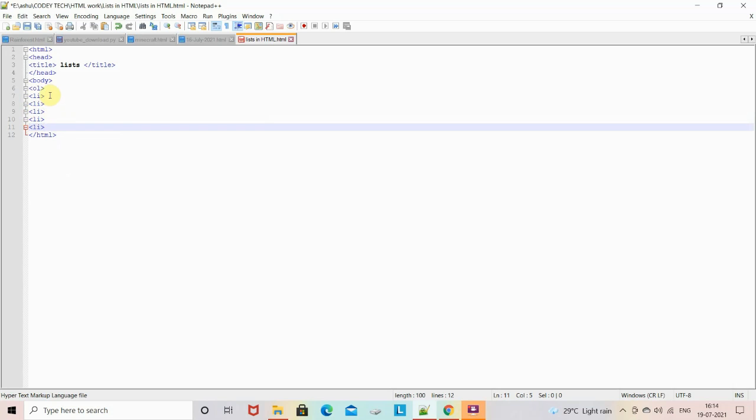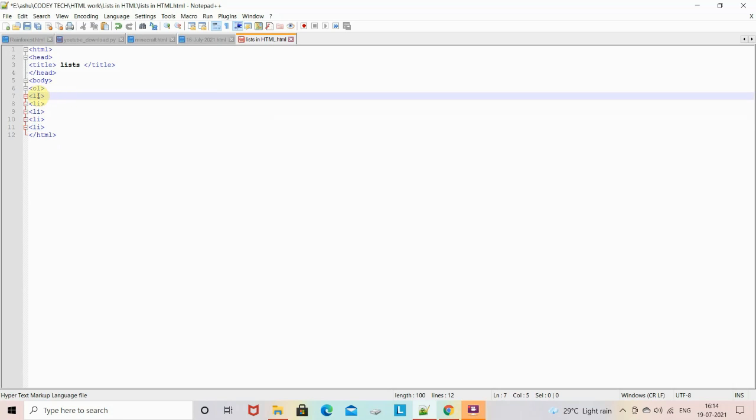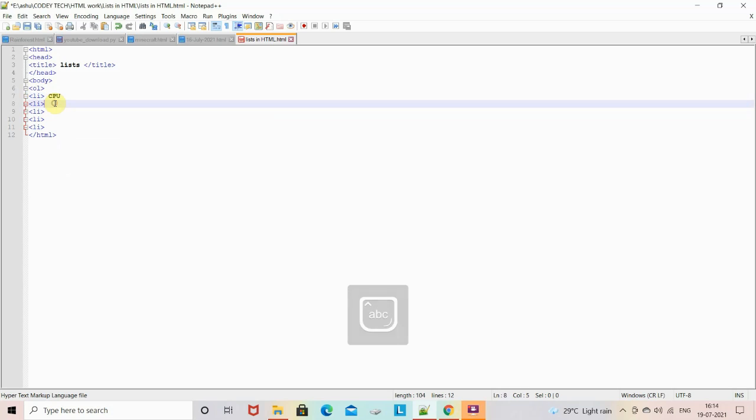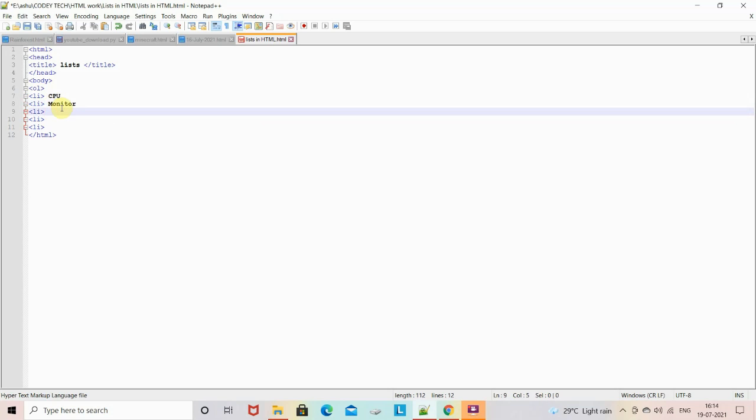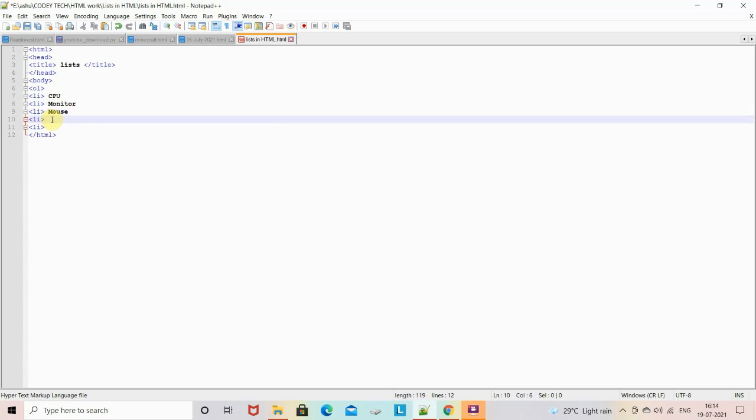Now I will write the list items. For example, we take the computer components only. First I will write CPU, then we will write the monitor, then we will write the mouse, then we will write the speaker, and we can also write the microphone.